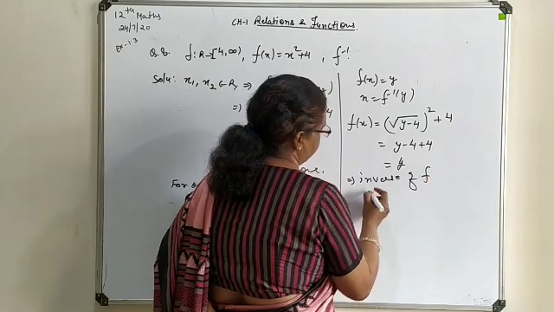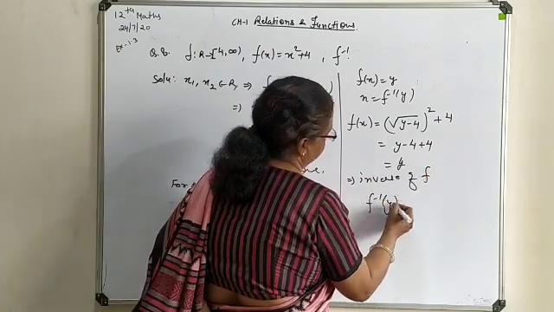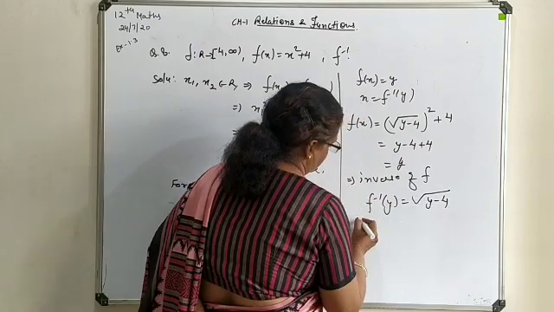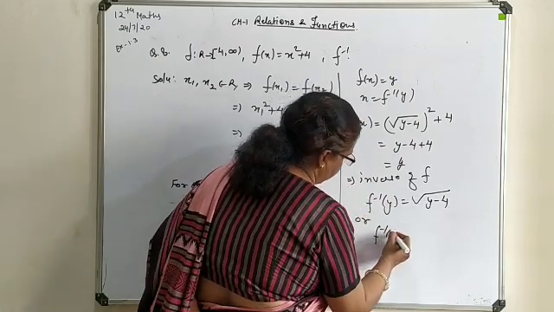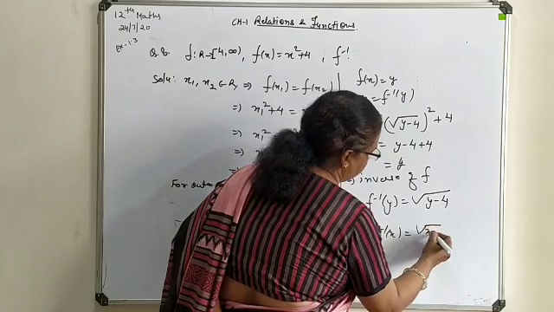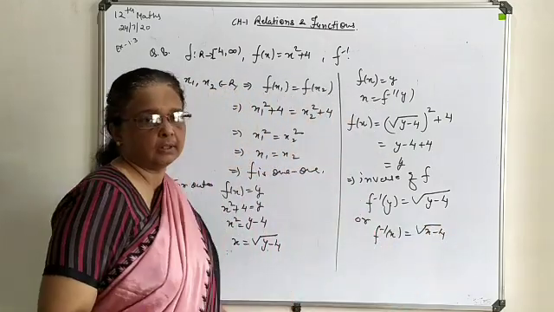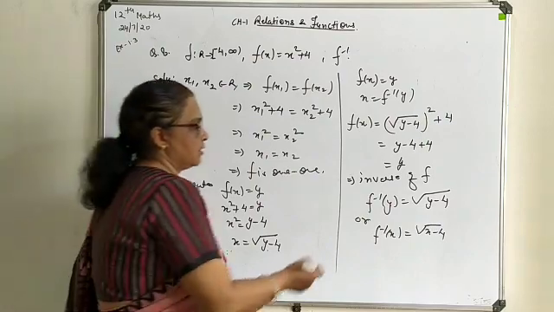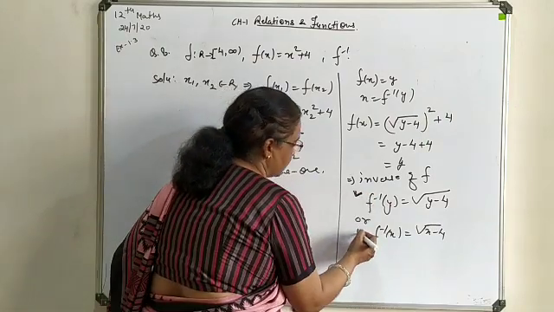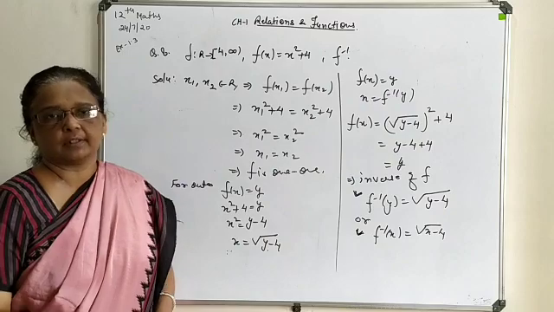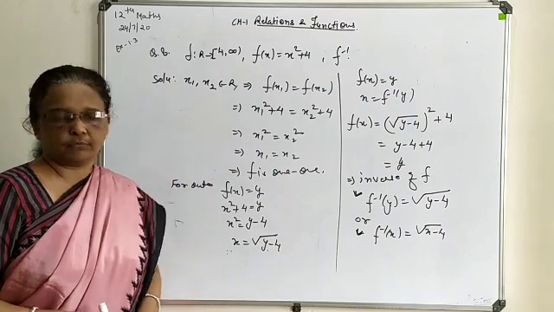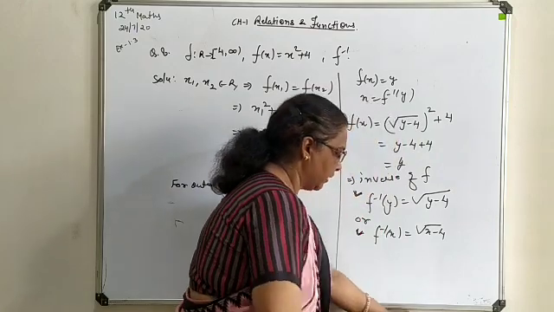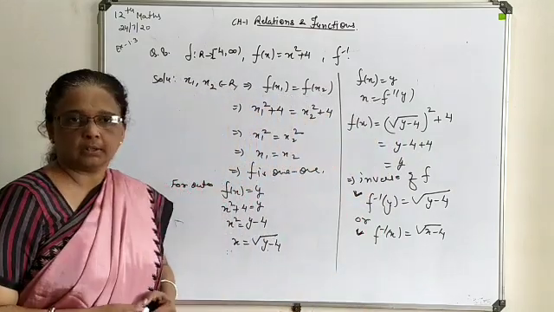So here inverse of f, that is f inverse y, you can write as under root y minus 4, or in general f inverse x you can write, that will also be considered as a correct form. So normally this is to be written. In some of the cases this also you can write, both will be considered as a correct answer form. So this way you can attempt a question from exercise 1.3.